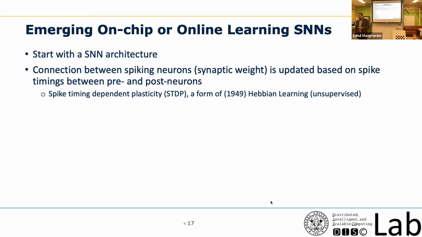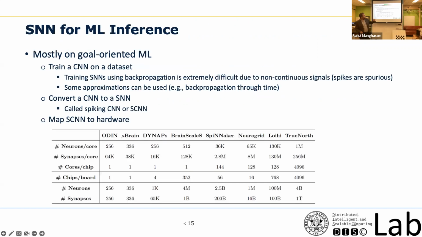So is this the fire together, wire together paradigm? Yes, those which fire together, wire together. Is there a number of neurons present on each chip? Yes, I mentioned the chip capacity. Neurons are mapped to cores, so you have neurons per core, number of synapses per core, number of cores per chip, chips per board, and so on. It's a hierarchical architecture that is proposed.